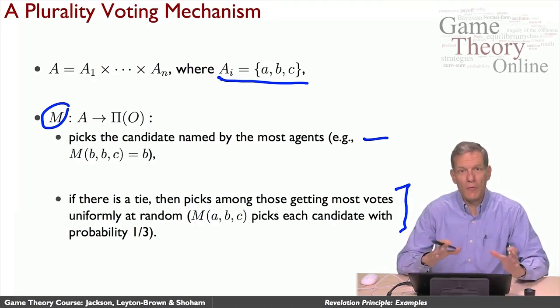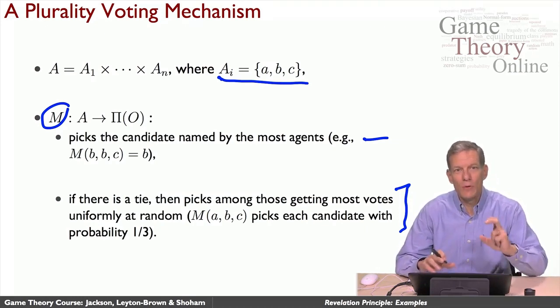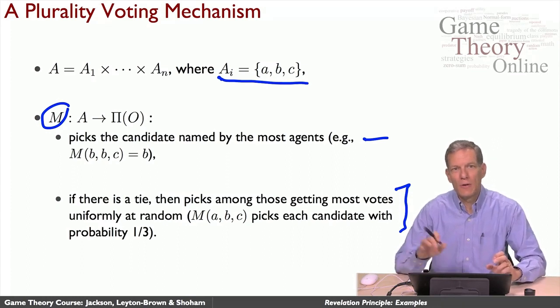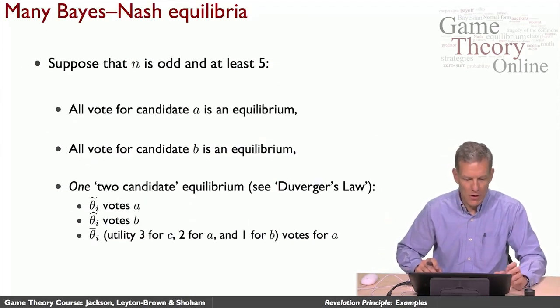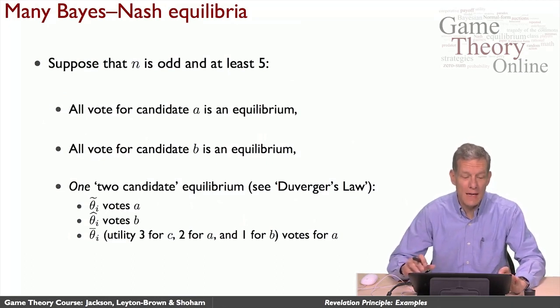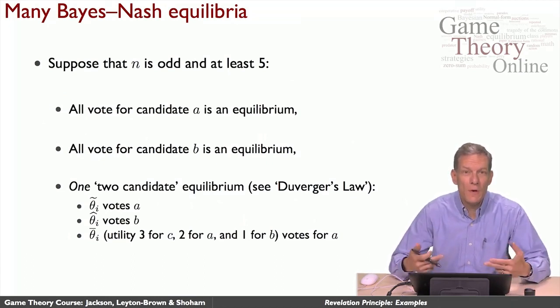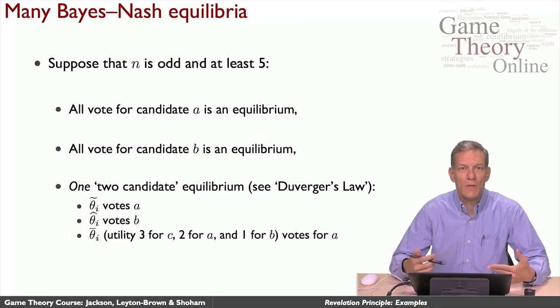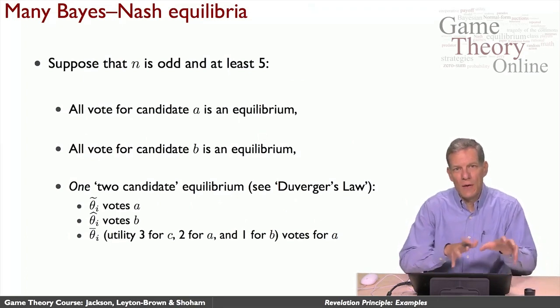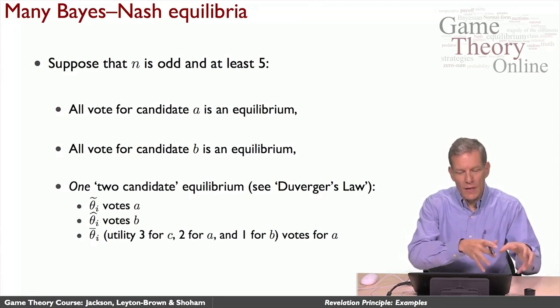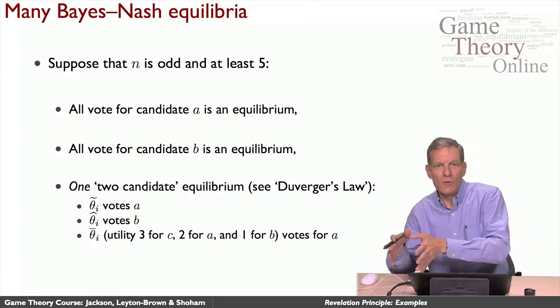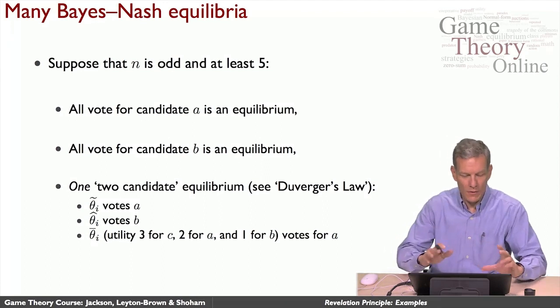And now the revelation principle tells us for any equilibrium of that mechanism, there exists an equivalent direct mechanism which will have truthful announcing as an equilibrium. So remember that here there were many Bayes-Nash equilibria. There will be different direct mechanisms for each one of these equilibria in terms of translating the outcomes from the equilibrium in the indirect mechanism into an equilibrium in the direct mechanism. So let's go through that. Remember that